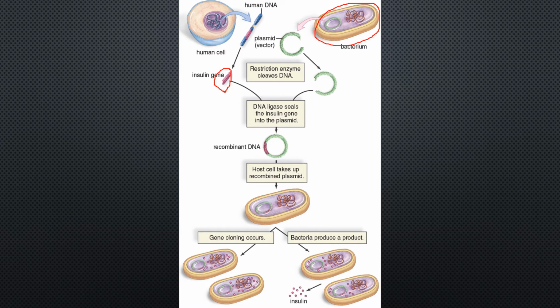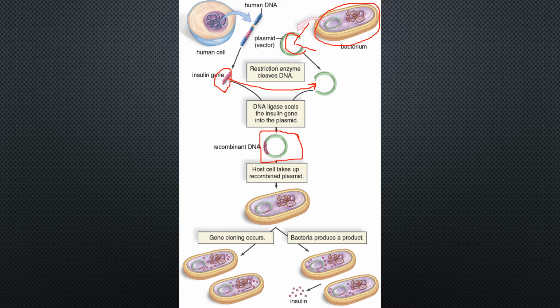Bacteria also contain what we call plasmid rings, which is that excess DNA, and it gets replicated as well. So what we're going to do is use restrictive enzymes, which basically cut this vector out into a straight line. And then we're going to use DNA ligase, which you have talked about before, which allows for this insulin gene to be inserted into the plasmid, and that ligase is going to bind that DNA together. So now we have what we call recombinant DNA.